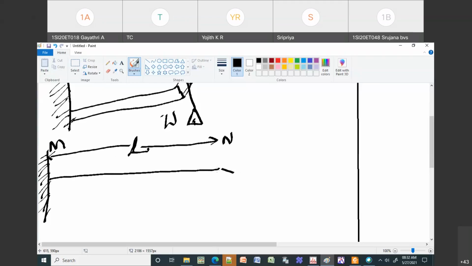If I apply the load, this beam is going to bend, and if I remove the load, it is going to come back, but it won't come back to the same position. It will have some curvature. Let us assume this is the curvature. I'm not drawing the entire beam, only the neutral axis, representing only one line. In the previous case I was showing a whole beam. Here, this is N dash. N dash is the new position.